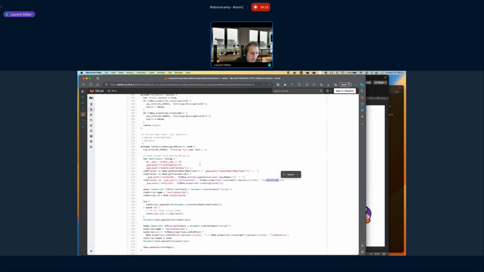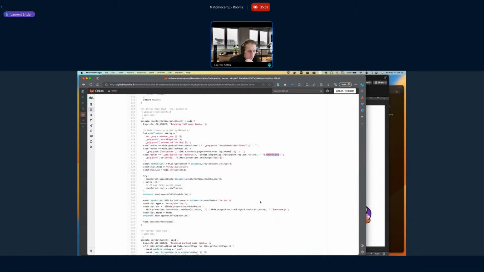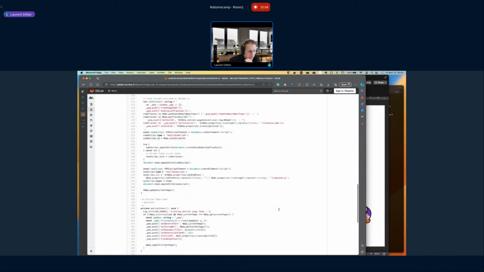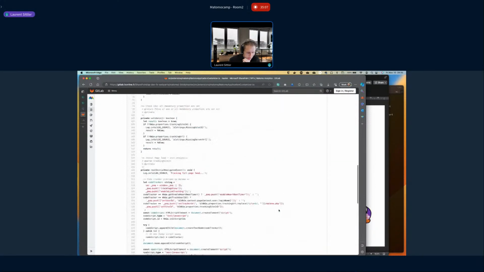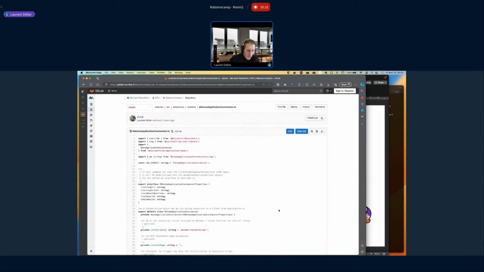So if you want to use this extension with pweek, you have to change this line, mainly to replace matomo.php by pweek.php, something like this. This is the only reason why this version of the solution does not work with pweek directly. You just have to perform this change, and I think everything should be okay with that. And this is the same thing here. Each occurrence of Matomo needs to be changed to pweek. And that's it. Any other question?